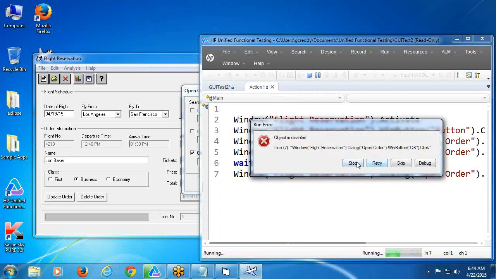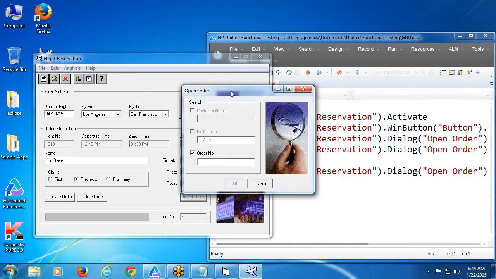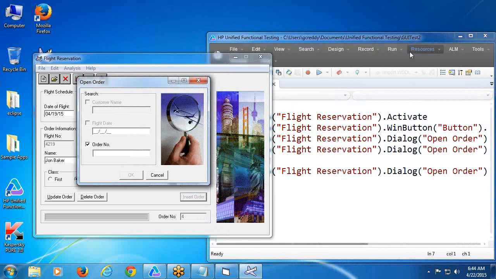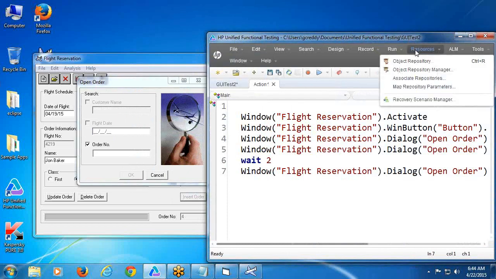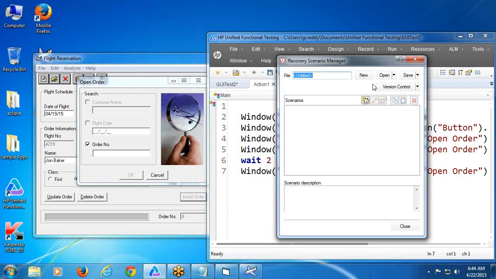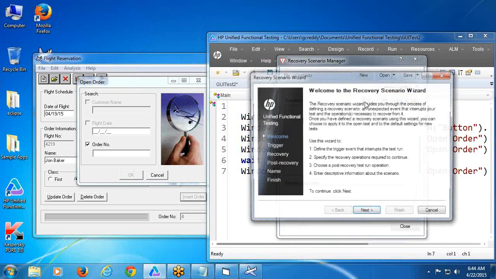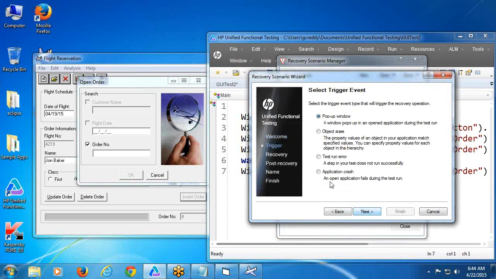See, object is disabled. Here provide a recovery scenario, resources, recovery scenario manager, click new scenario, next, object state, trigger event object state, next,